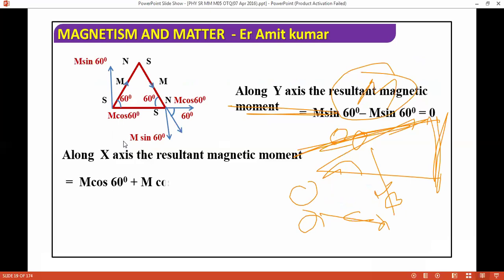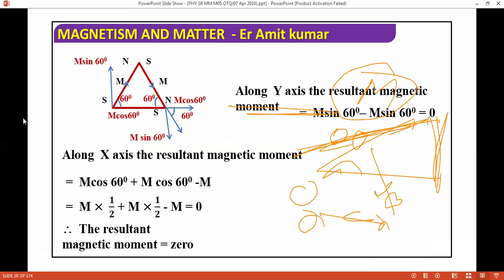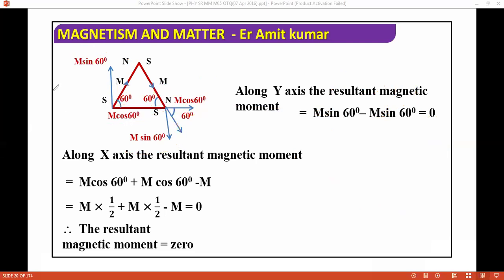But if you want to go manually, you can do it like this. This is going to be zero. Basically, I have taken the component of this magnet in this direction, and in a similar fashion I took the direction of this magnetic moment, m cos theta. So m cos theta will balance m cos theta, and m sin theta will balance m sin theta, and so on. You can give so many reasons to explain that this is zero. Now we are moving ahead.